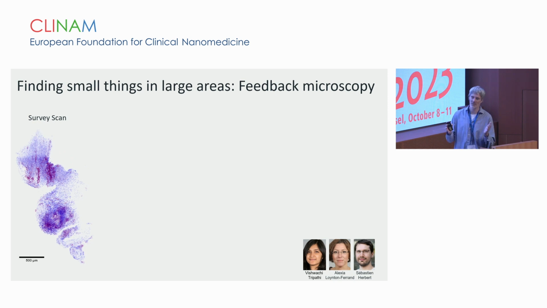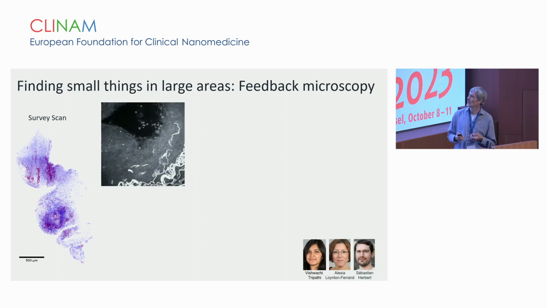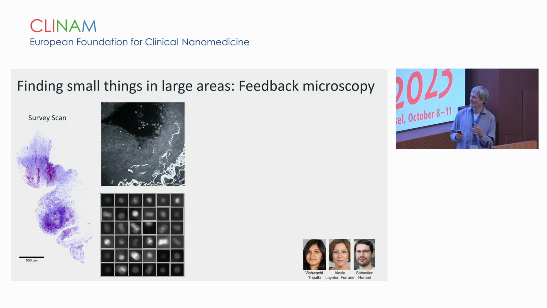Again, the problem is we have centimeter-sized tissue sections in this case, but we have to have really high resolution imaging to find the very small bacteria that don't have a very good signal to background ratio. And we do this with a method called feedback microscopy. So we do a moderately quick scan of the entire section, and then we see some things, for example, the elastic fibers that have autofluorescence in the same spectral range as our dye that we use for staining Staph aureus. But with AI these days, we feed in images from many bacteria, and then the AI can really identify areas where we have these bacteria,